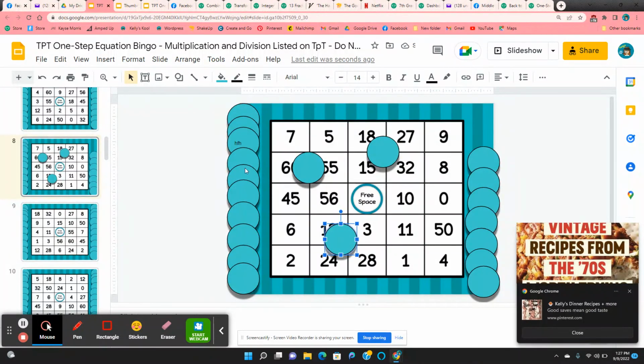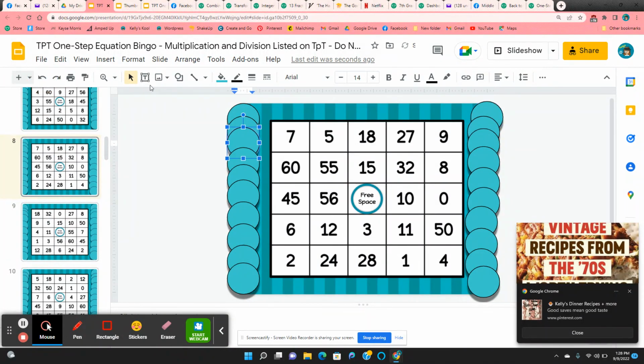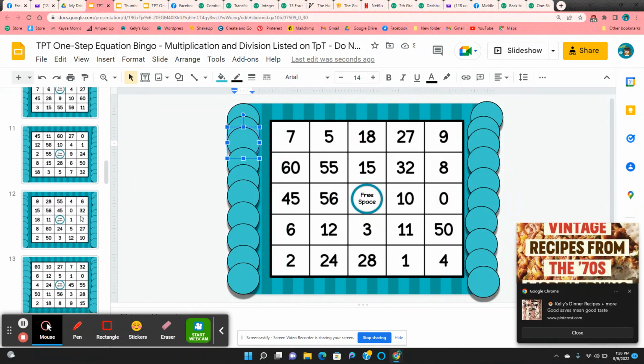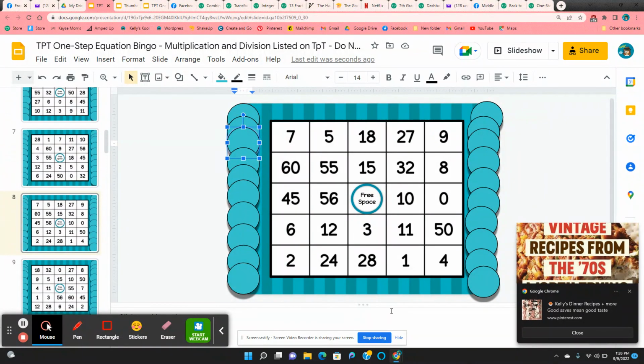Now the students can do the same thing when the game's finished. They can come up here to the undo arrow, click it repeatedly. All the chips go back into place and their name comes off the chip. And that way they could scroll up and down, find a different board, and play a second